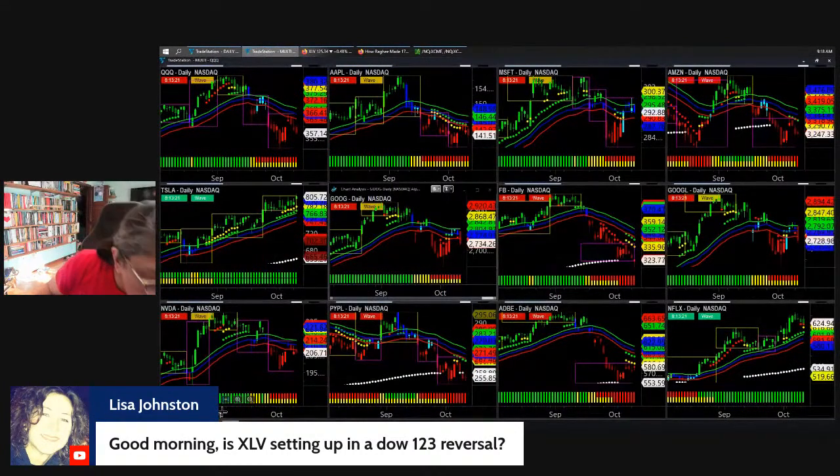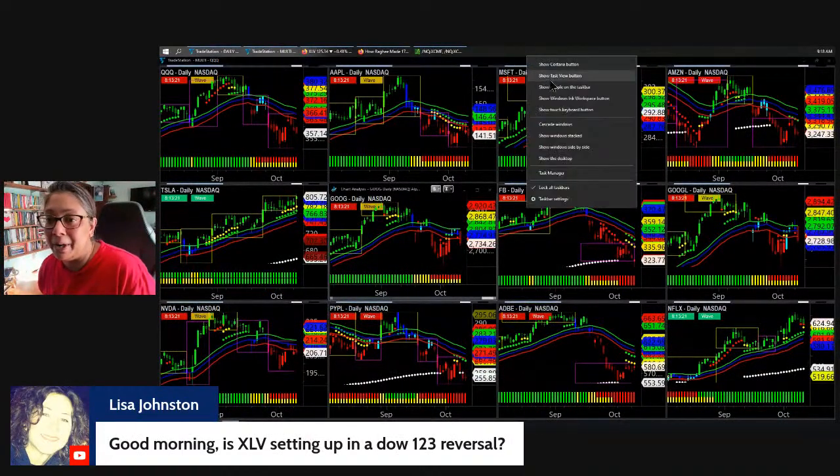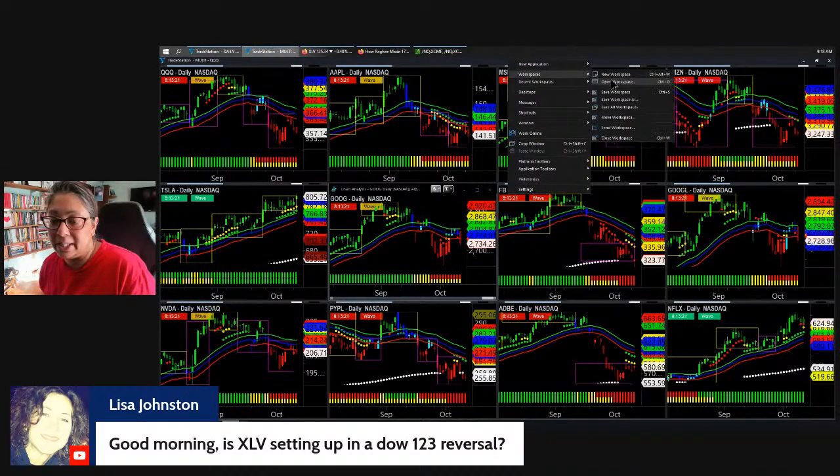XLV. Do I have XLV? Gosh, that's such small font. Okay, I couldn't see that. I couldn't see if I've got that multi open. So let me open that for you, because this is such a great,